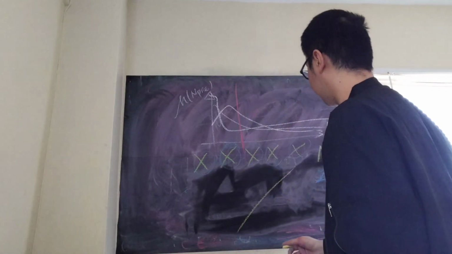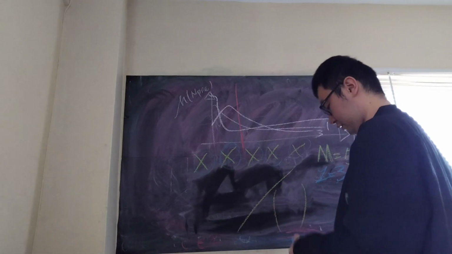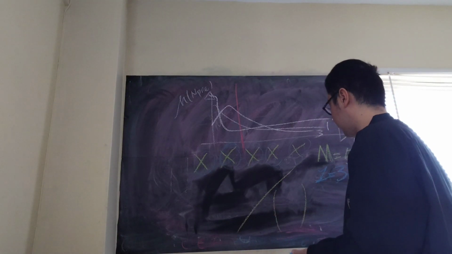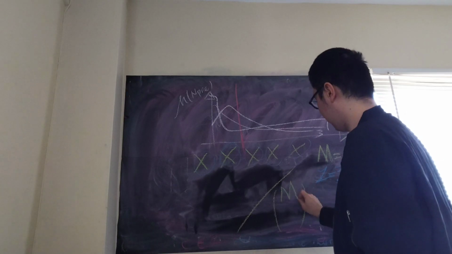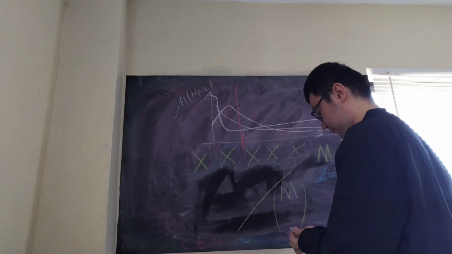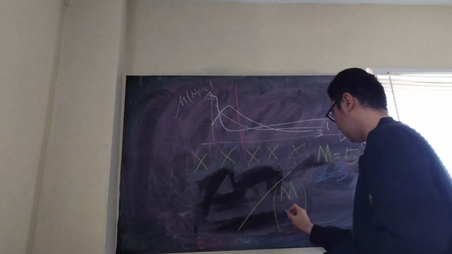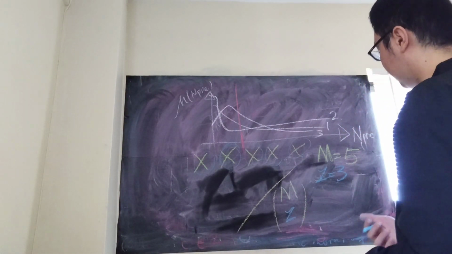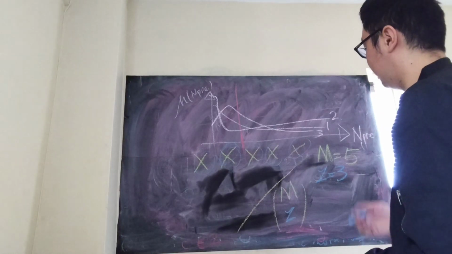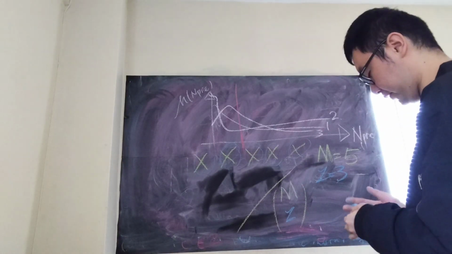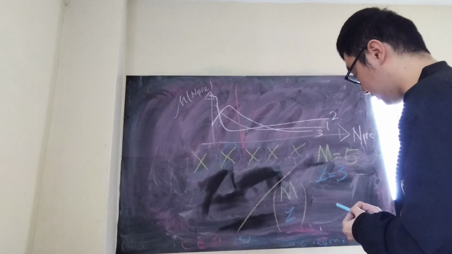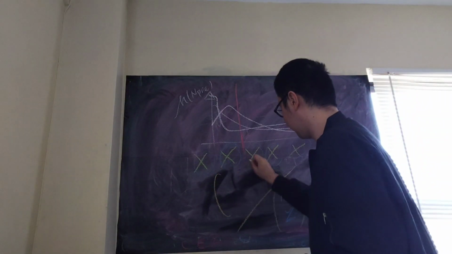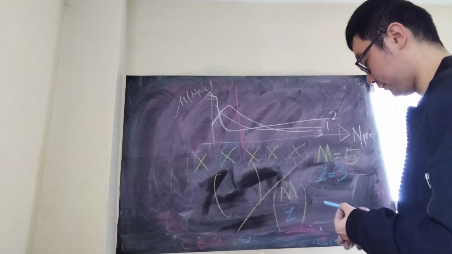All of the cases are that you select Z samples from M, right? So this is all the combinations you can have without replacement. To have this, and on the denominator you can have